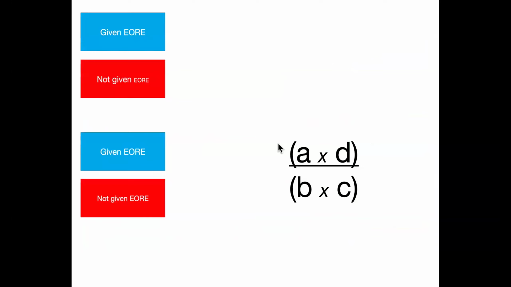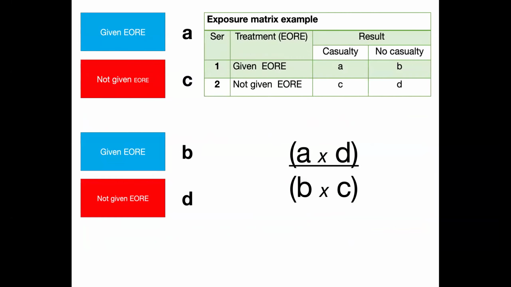So remember our four groups, A, D, B, and C. We're going to make a calculation. There's A, B, there's C, and there's D. And this calculation is our odds ratio. And we're going to do something here called an exposure matrix. This is not Bob's invention. This is the standard methodology for case control studies.